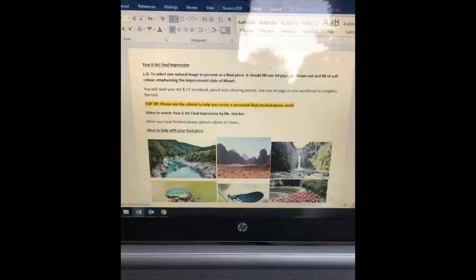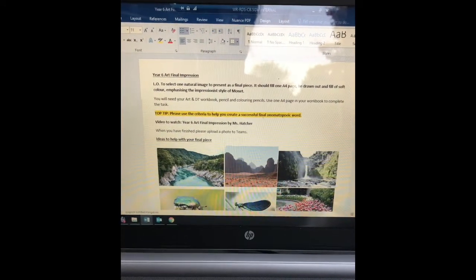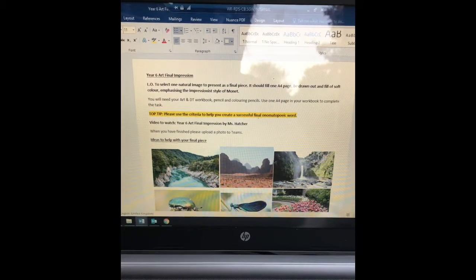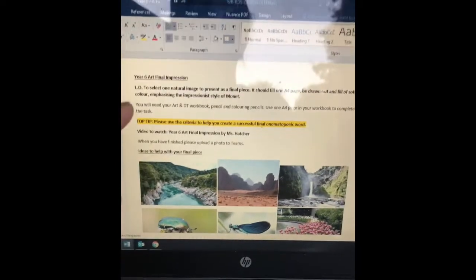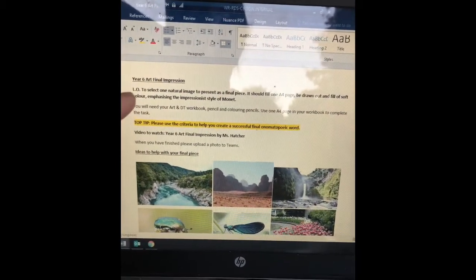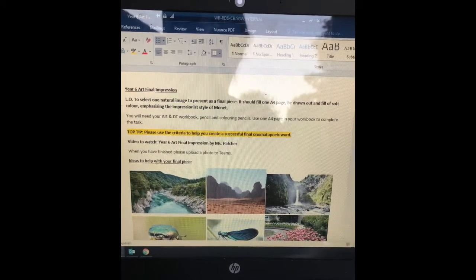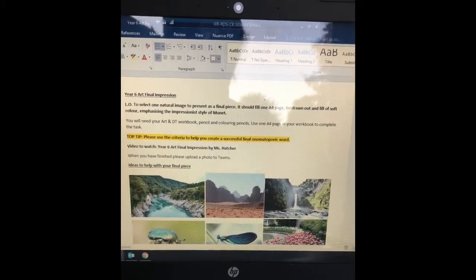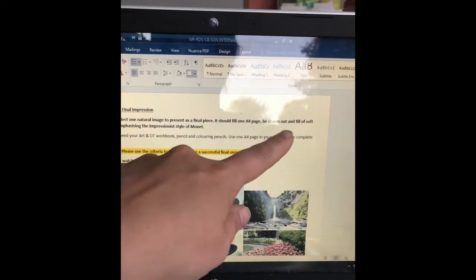I just want to talk through the document that goes with this lesson, for the end of the project, because this is really going to lead you, because I'm not showing you, because I know you guys can do this. Your objective is to select one natural image to present as a final piece. It should fill one A4 page, or like I said, if you use a box, that's absolutely fine, but you must draw the box to fill it. It should be drawn out,